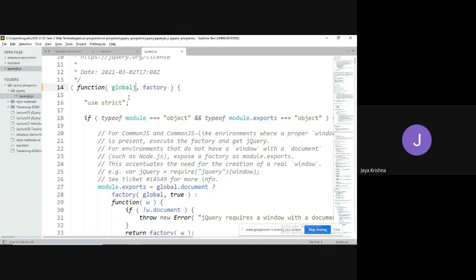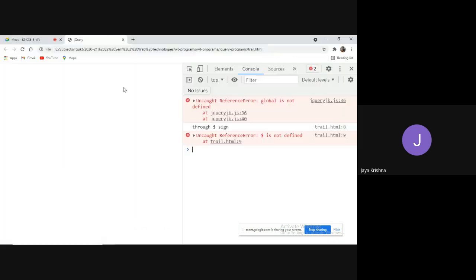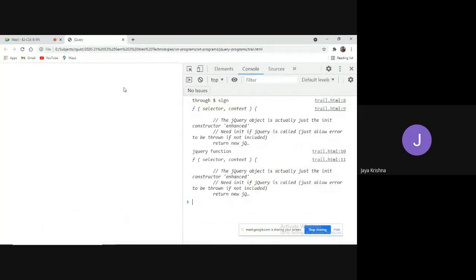Line number 36 it is showing, but actually it is in line number 14. Now I am saying refresh. Now everything is fine. Meaning that